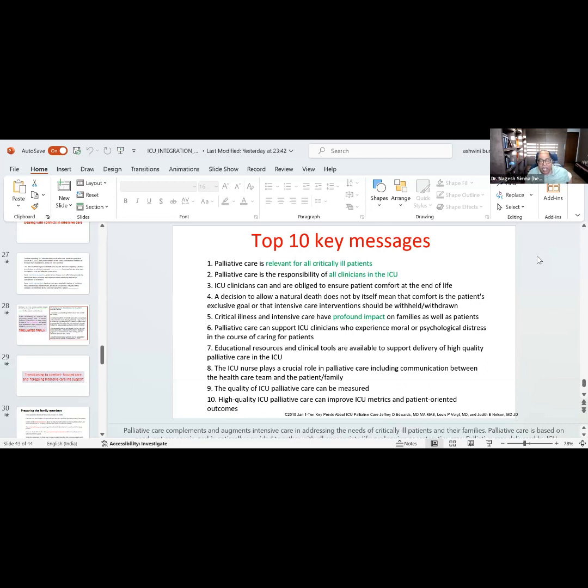And finally, I always tell people that one of the biggest dangers in the ICU is the security guard who stands outside. He can many times be very insensitive and shoo people off. I think we should take care of that, and probably hold communication skills classes for those people also, on how to talk to family members who are very distressed. But overall, I think it's a super presentation. Very well done. Congratulations.